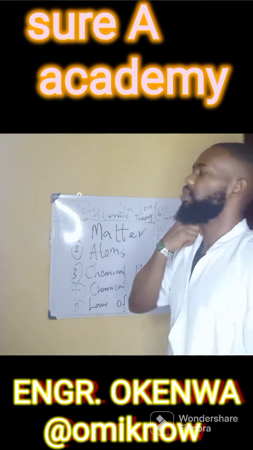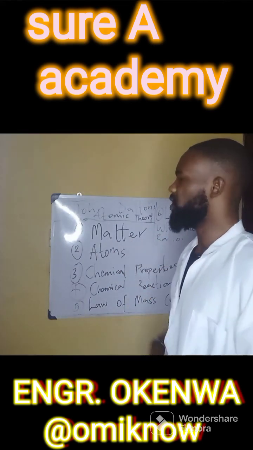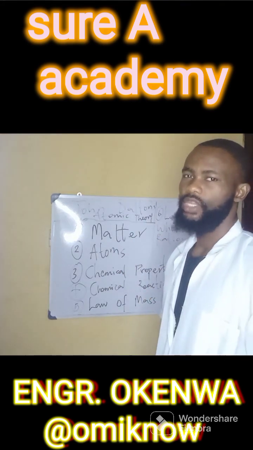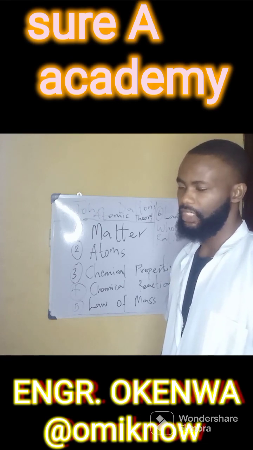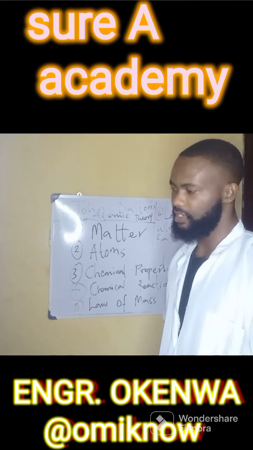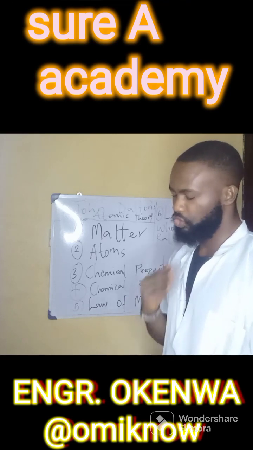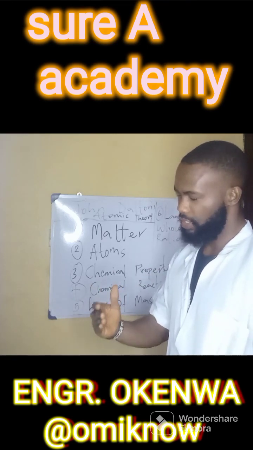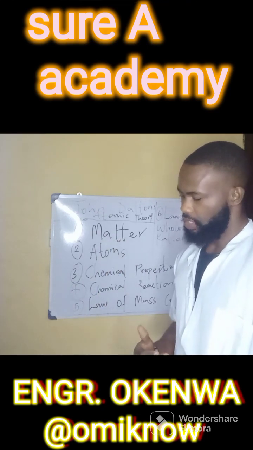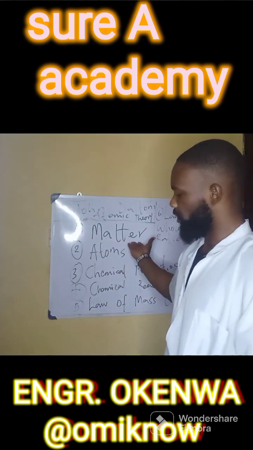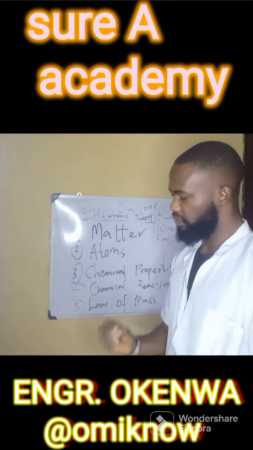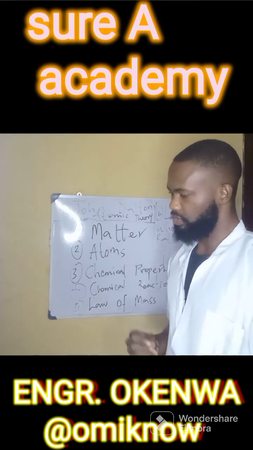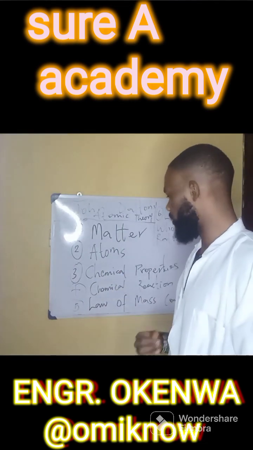So how? Now talking about the how, he simply said that matter is made up of small indivisible particles known as elements. And I told you in our last class that element is the same thing as atom, but it's just that atoms of the same kind are called element. Alright, so that's the first theory. He said that every matter is made up of small indivisible elemental particles called atom, or he says as an element.